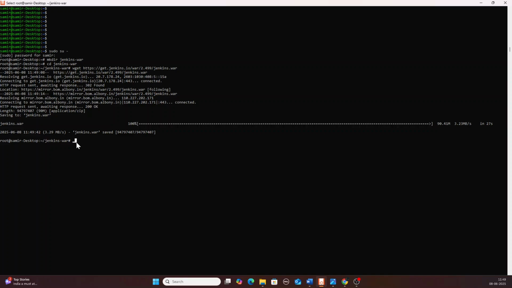Now the next step will be to give the port number. I will give the command java -jar jenkins.war, and here, by default Jenkins runs on port 8080. So here we can pass our custom port, http port, and give 8888, any port you can give,